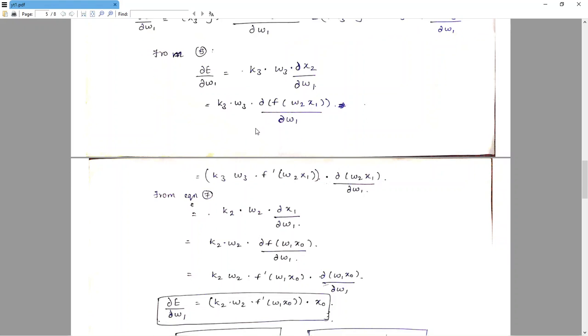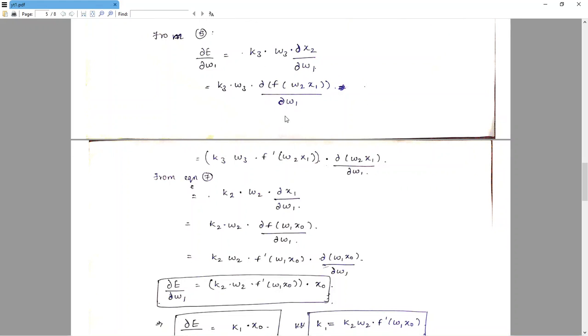I'll show you how, don't worry. And f dash w2 x1, this is clearly the same thing. F of g of x is f dash g of x into g dash x. So f dash w2 x1 into dou of w2 x1 by dou w1,